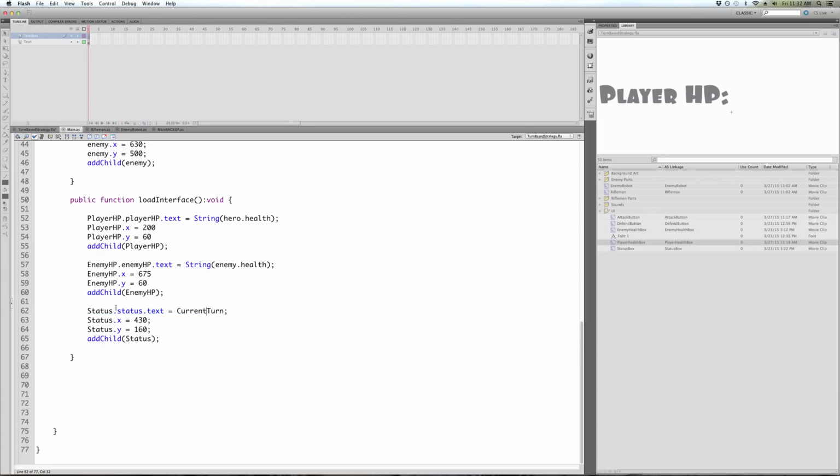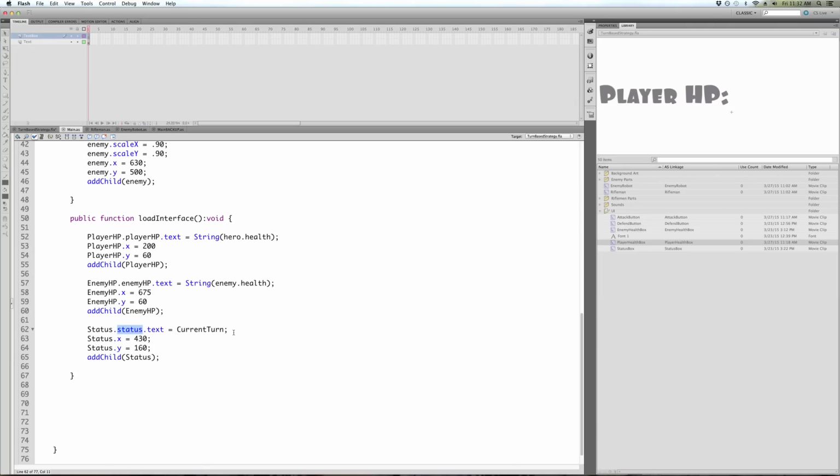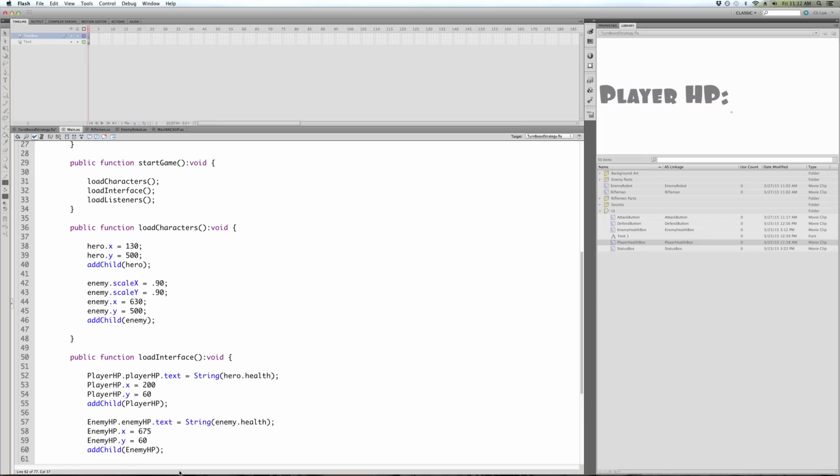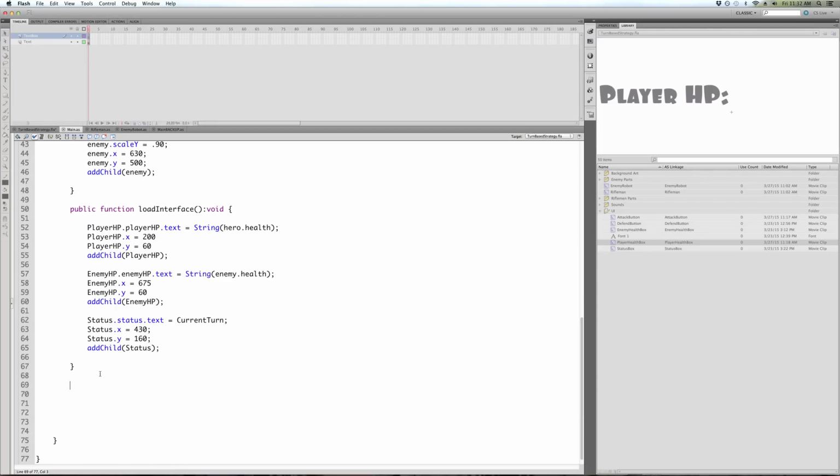These are integers. We're converting to strings. This is a string. So our status box, again, that's in the library here. This lowercase status is the same thing, just like these two. It's the instance name of that dynamic text box. So again, the document class, uppercase, lowercase for the child object's instance name. Status text equals, setting it equal to the current turn at the beginning. And we're going to do that as the turn switches. We're going to update the UI. That'll be the name of the function to do that. So that's that. Our last function here to get started, well actually we have two more to get things rolling,